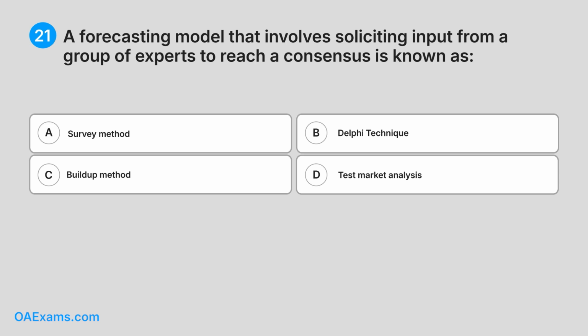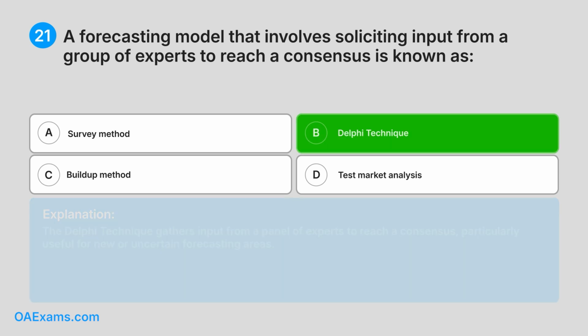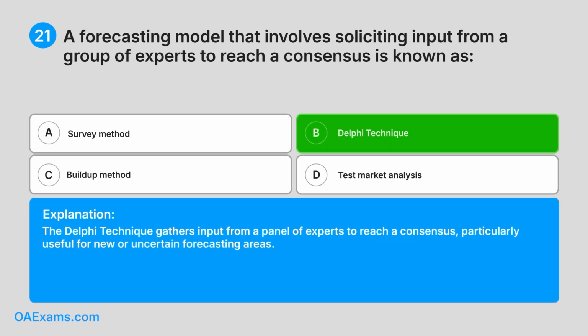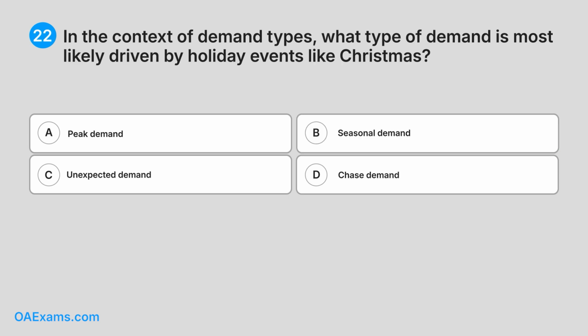Correct answer. B. Delphi technique. Explanation. The Delphi technique gathers input from a panel of experts to reach a consensus, particularly useful for new or uncertain forecasting areas. 22. In the context of demand types, what type of demand is most likely driven by holiday